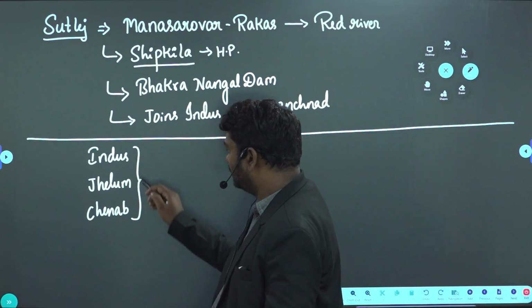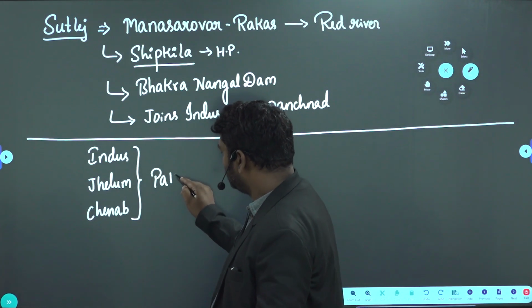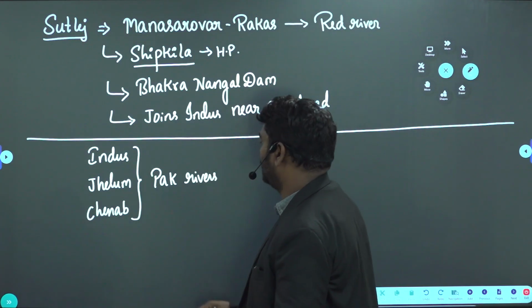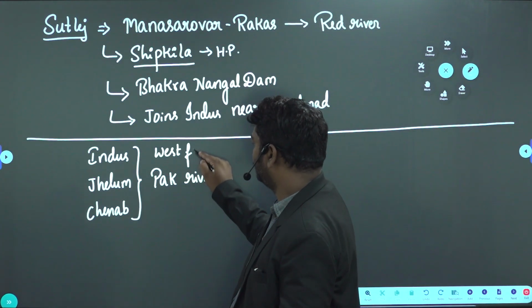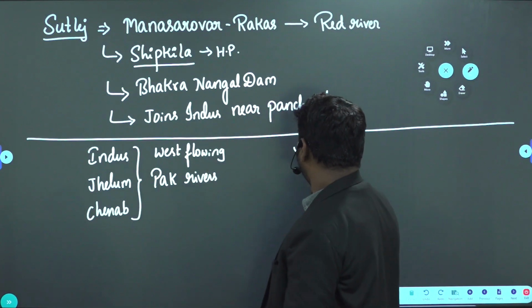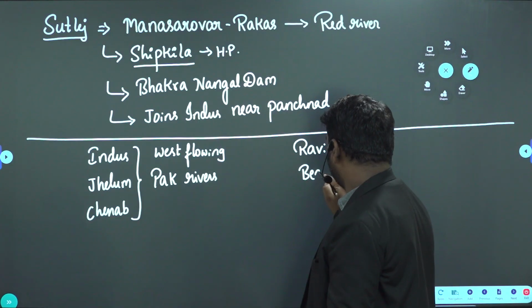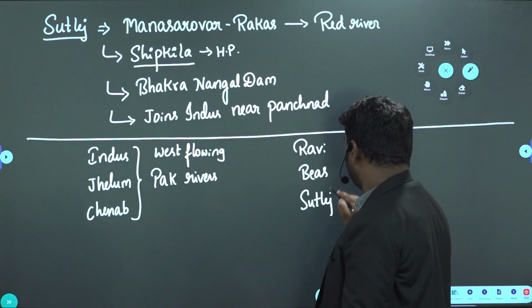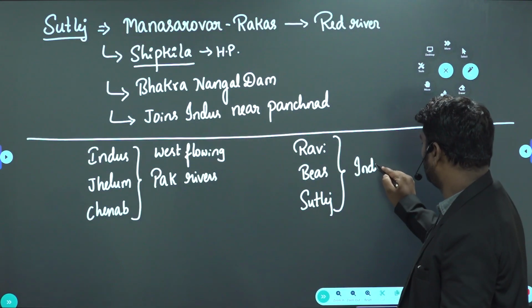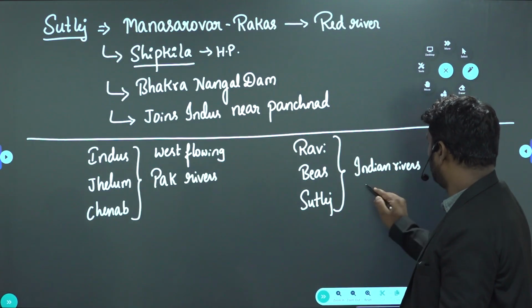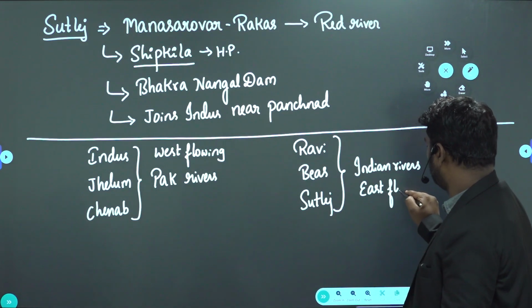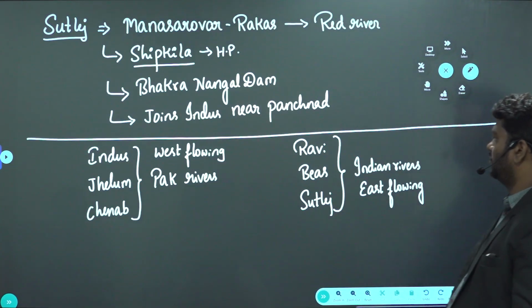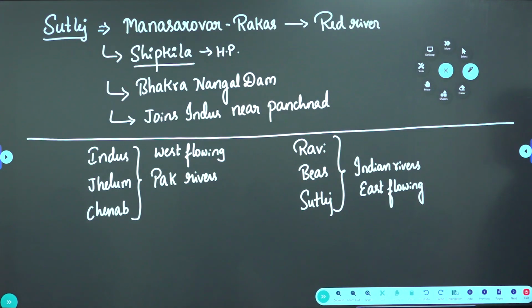Indus, Jhelum, Chenab. These three are Pakistan rivers, and they are known as west flowing. Fine. Then guys,